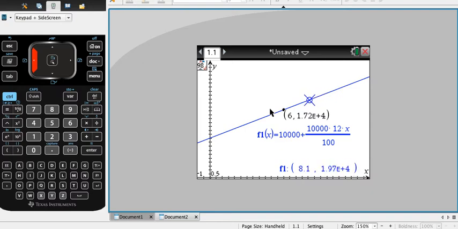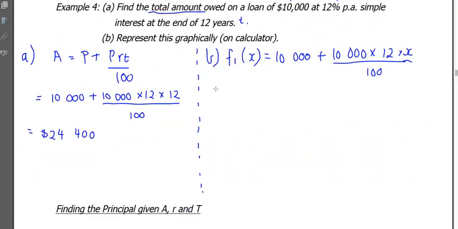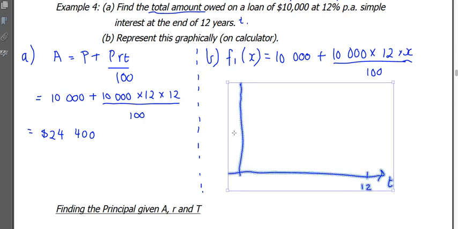What I'm going to do is just a really, really quick sketch of it, and I'll show you how we do that. It's a little bit difficult freehand, as you can see. But basically, we're starting off at